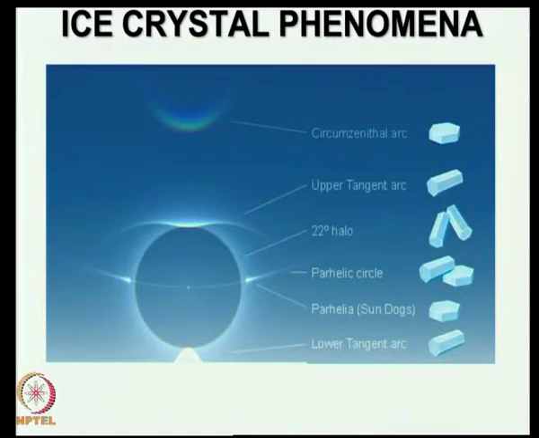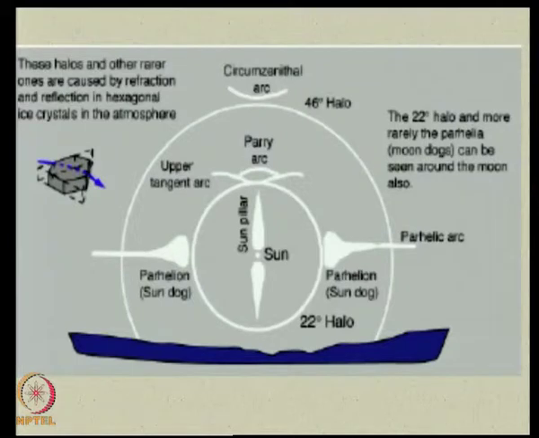orientation. So, remember that the phenomena that you see is linked to the existence of ice crystals of a certain shape and orientation. And also remember that these are rare, because all the ice crystals which are formed must have similar sizes. If the ice crystals formed have a range of sizes, then the phenomena may not be as distinct and you may not be able to see it so clearly.